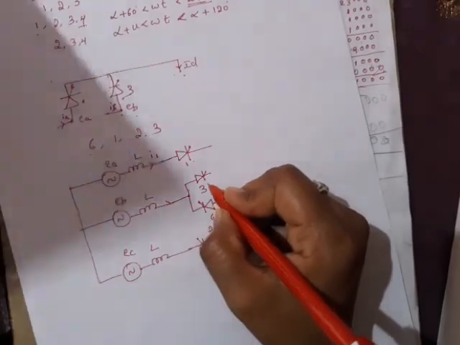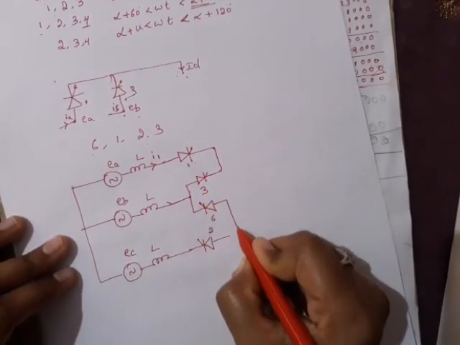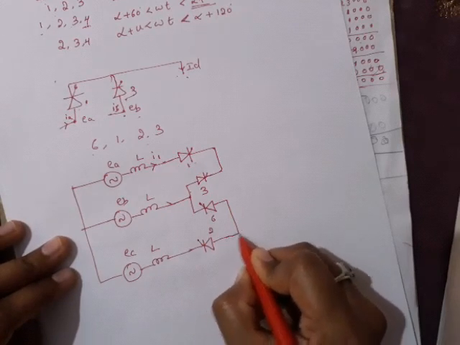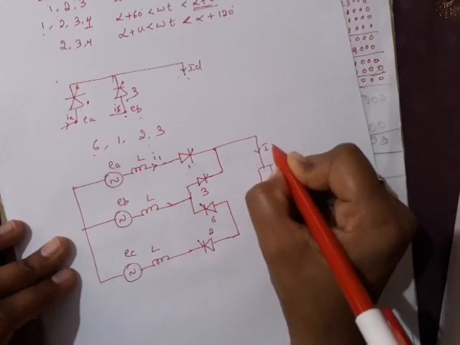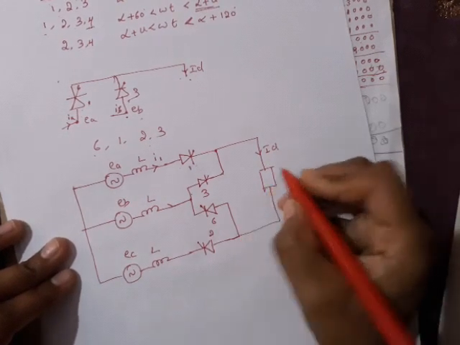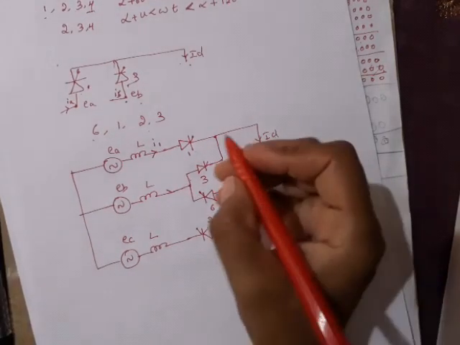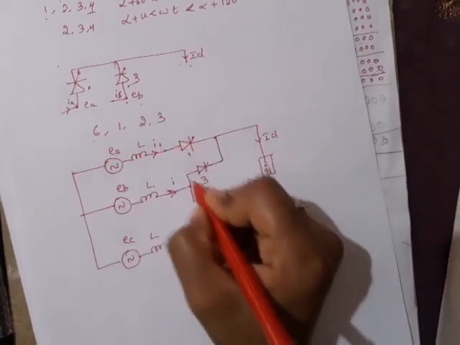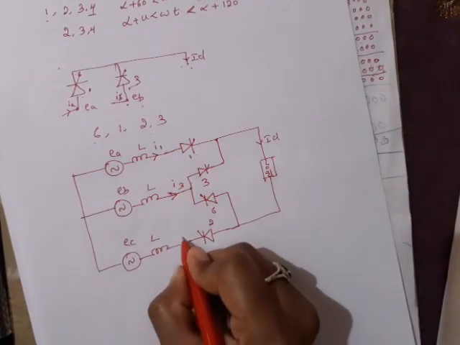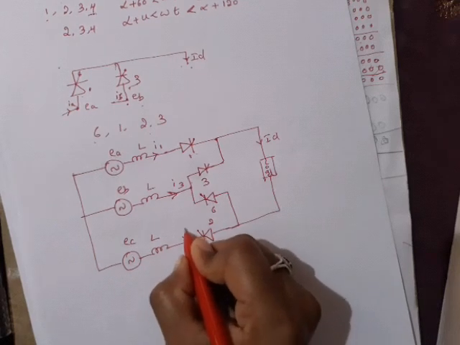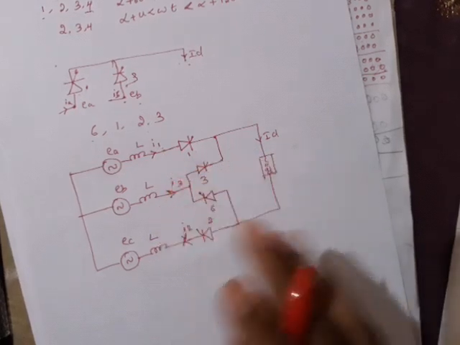Then how will the connection be? So while number 3 is connected here. While number 6 is connected here. Here we have the load. ID current flows. This is the load. So this is IA. This is I1. This is I3. Now I'll take it as I3. And this is I2. Anyway, that is not required for us. We are just dealing with I1 and I3.